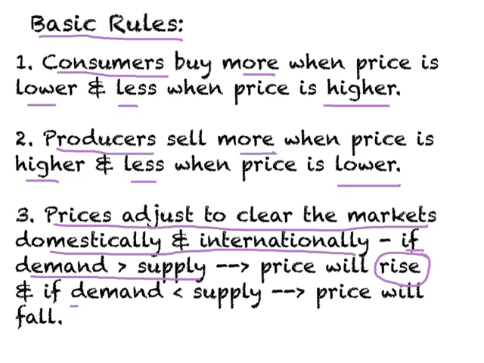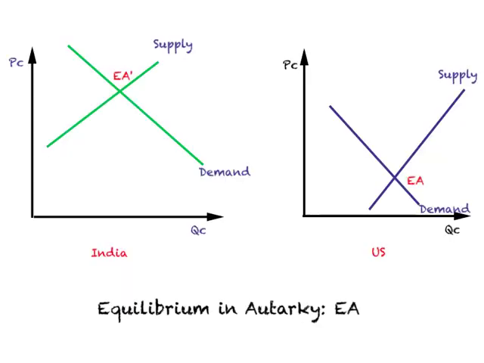The other possibility is if for some reason demand is less than supply, so businesses have a situation of surplus or inventory buildup. When this happens, prices will fall. When prices fall, what will happen to demand? It will increase. What will happen to supply? It will fall. And this adjustment will go on till we hit equilibrium, that is where demand equals supply. So keep these basic rules with you, and this makes life easy for us